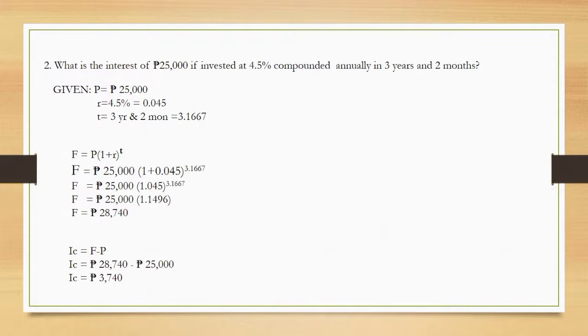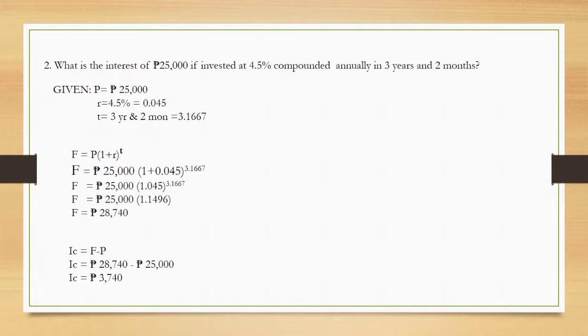What is the interest of 25,000 pesos if invested at 4.5% compounded annually in 3 years and 2 months? So the given is the principal, 25,000 pesos, and the rate is 4.5%, and in order to get this in decimal form, we will divide it by 100. So 4.5 divided by 100 is equal to 0.045, and the time, which is 3 years and 2 months,